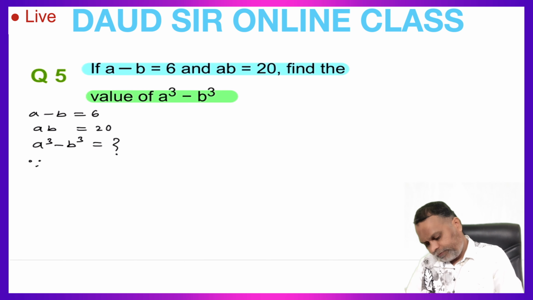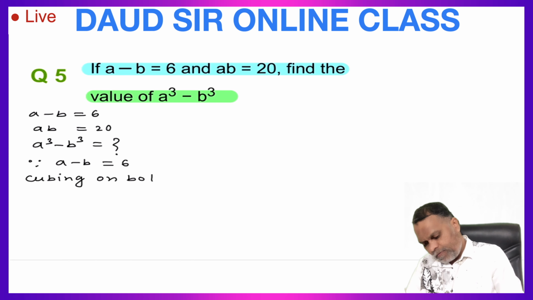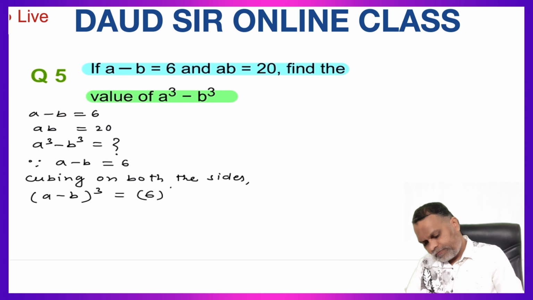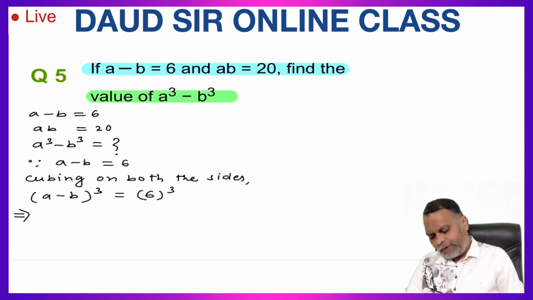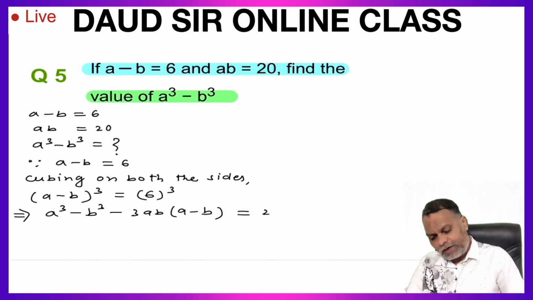After cube on both sides, we will get the term a cube minus b cube. So since a minus b is equal to 6, cubing on both the sides, a minus b whole cube is equal to 6 cube. Open this by using the a minus b whole cube identity. A cube minus b cube minus 3ab into a minus b is equal to 6 6s are 36, 6 6s are 216,